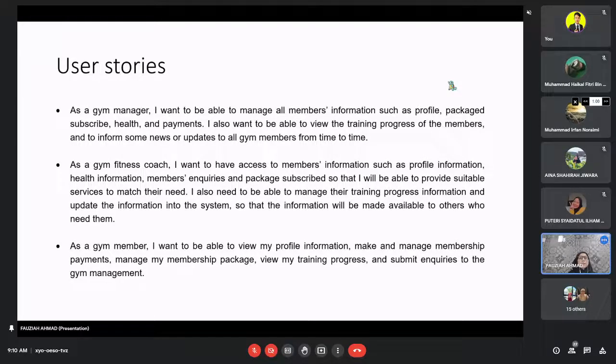From the gym fitness coach, okay, as a gym fitness coach, I want to have access to members' information. Have access meaning to say that dia tak sama macam gym manager lah, because the gym manager manages the members' information. So for the gym fitness coach, access means he or she will be able to view members' information such as profile information, health information, members' inquiries, and package subscribed,